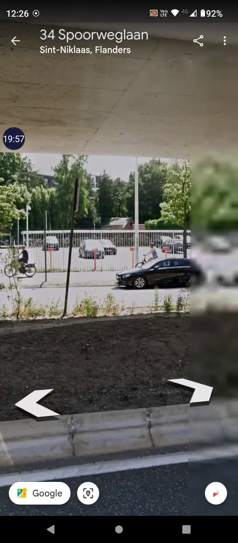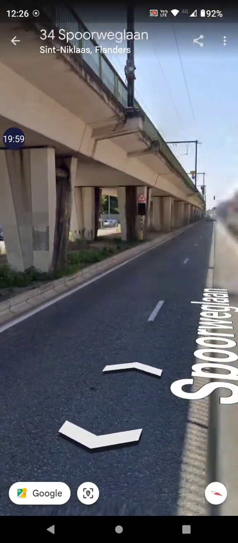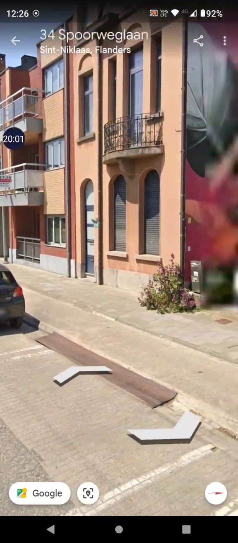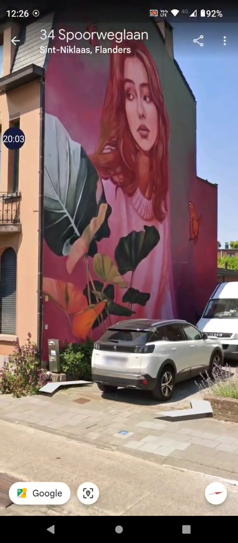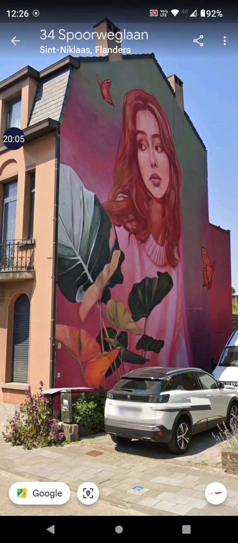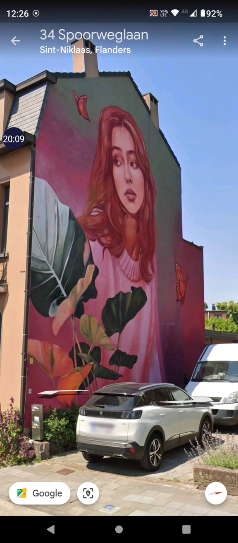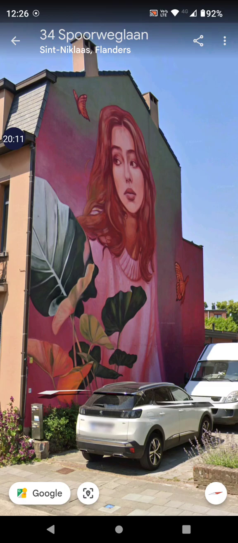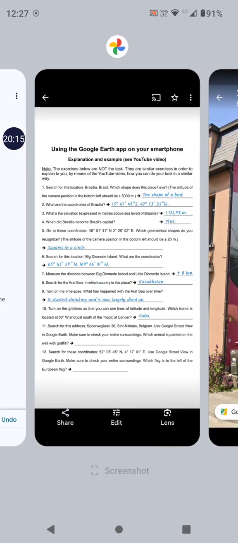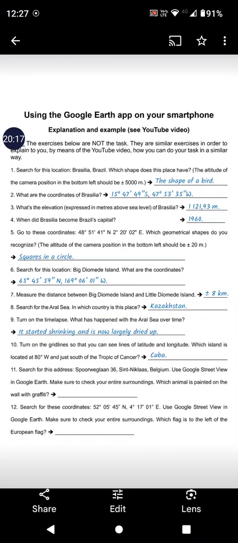Yeah. And here on the wall you will see a graffiti painting. Maybe some of you already saw it before. So here we can see butterflies instead of vlinders. So butterflies, that's the answer. Yeah. In the task you will have a similar exercise, but one that is about a place that you might not